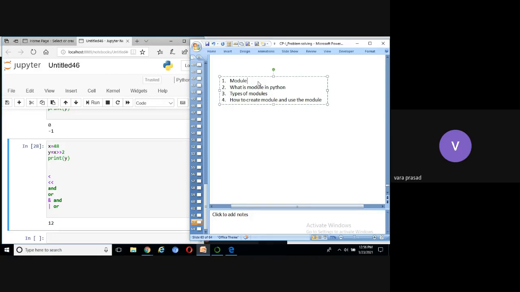Each module is implemented independently. That is called modular programming.